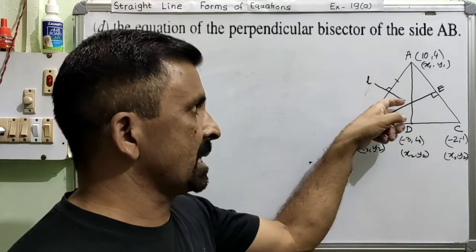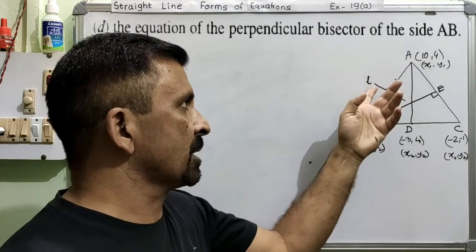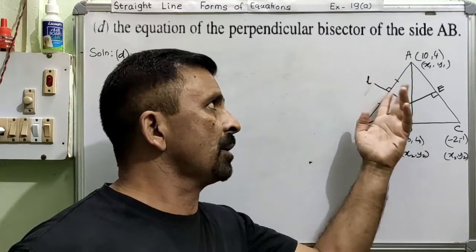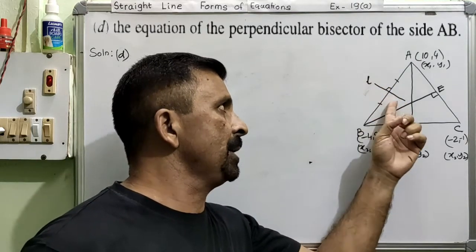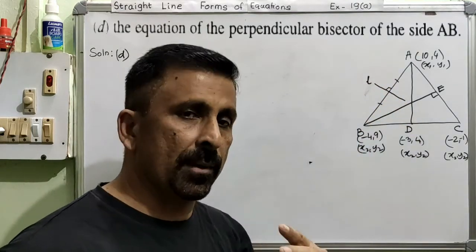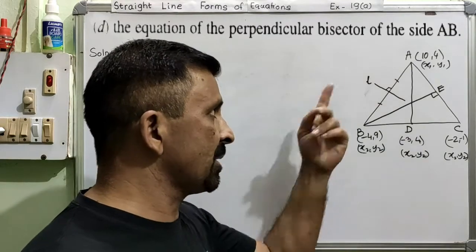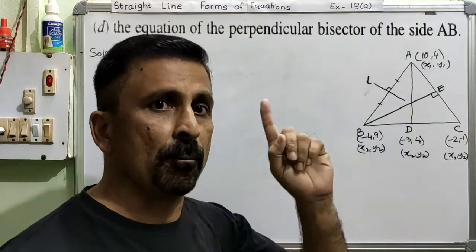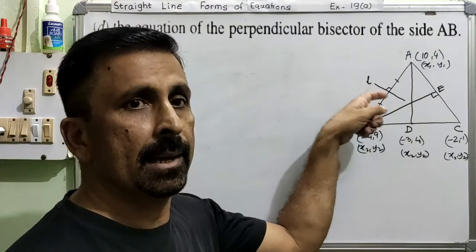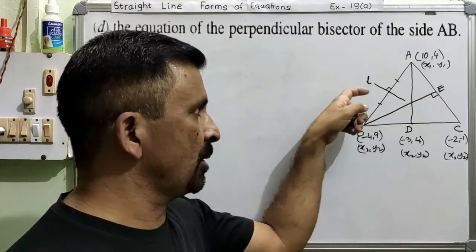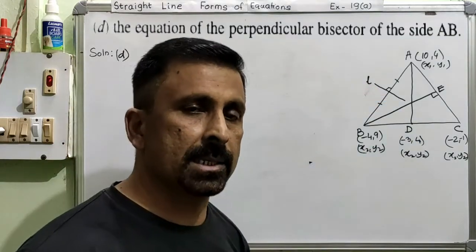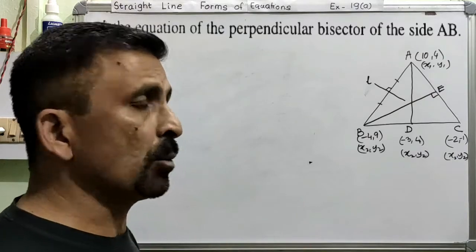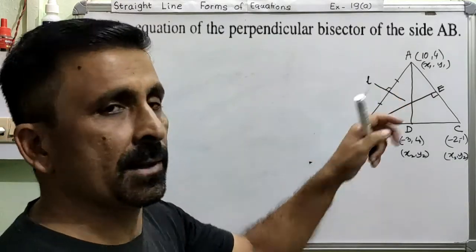It is simply said that this is a perpendicular bisector, but we don't have the slope of L, or any coordinate of any point on L. So here we have to generate both. We have to generate the slope for this line L, and also the coordinate of one point on the line L, because we are going to write the equation of L. Is this very clear? So you can see here, though we don't have any information, how easy it is to get all the information for this L.